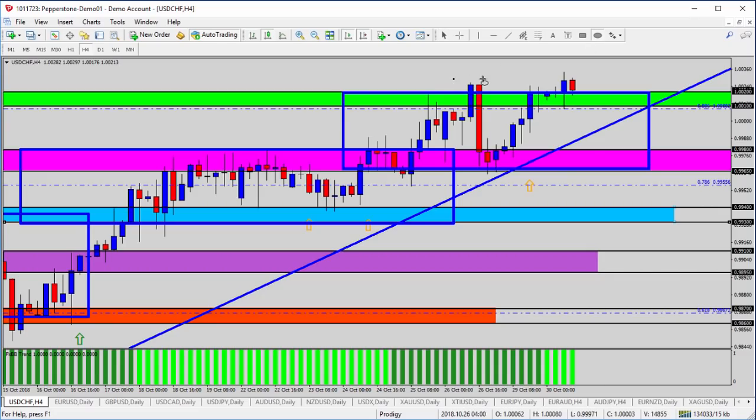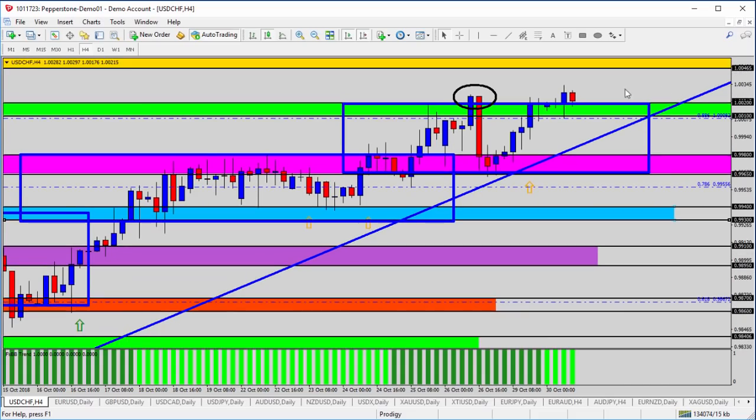What do I mean by that? Well, you don't have to look very hard, do you? Right here where this black circle is, a false breakout. We see one candle, the blue candle, close above the green zone. A red candle opens and turns right back around and goes back down again. So we need to see something different. We don't want this red candle to get back inside or underneath the green zone. We want it to stay above